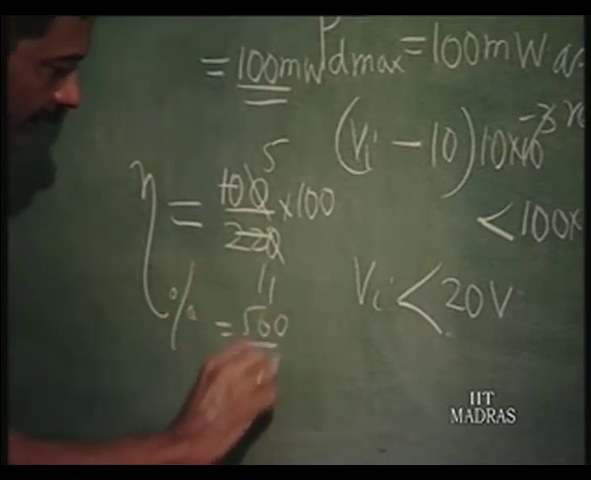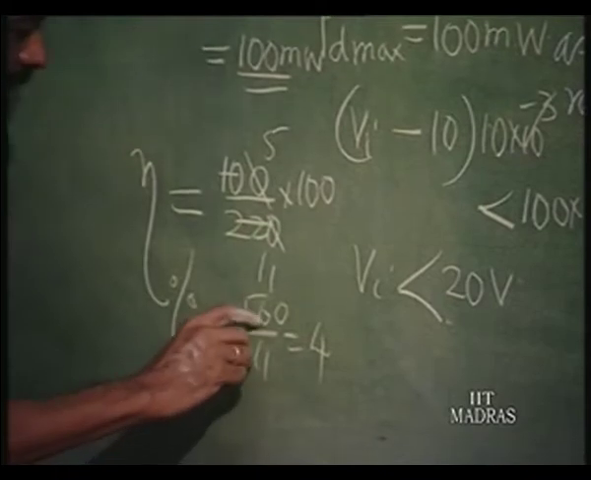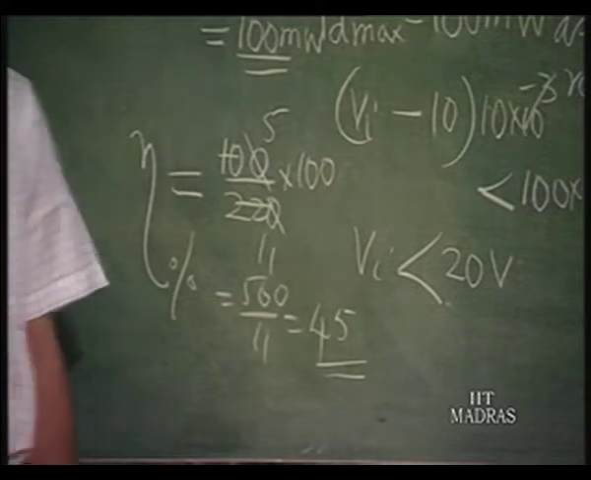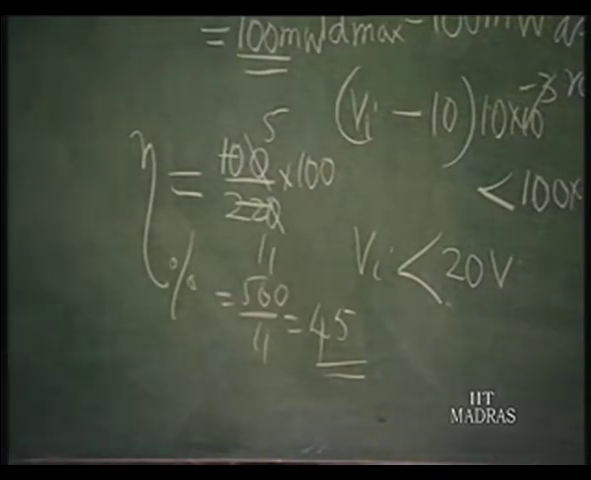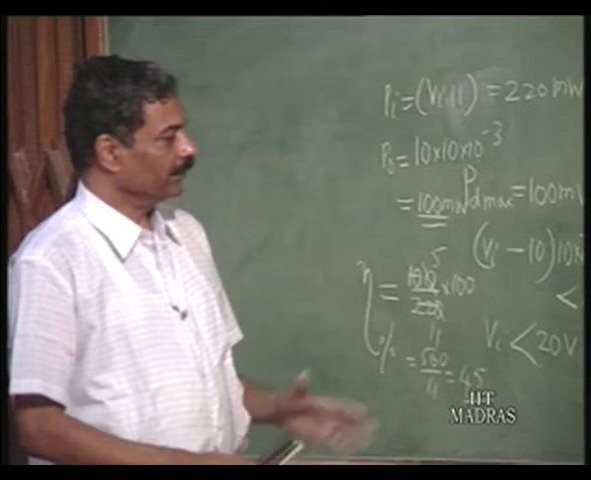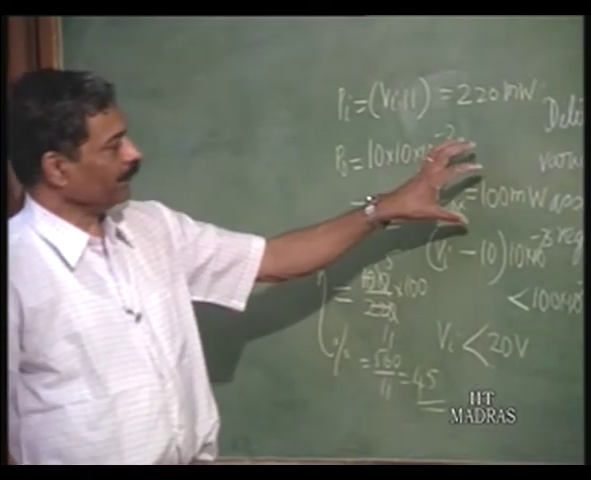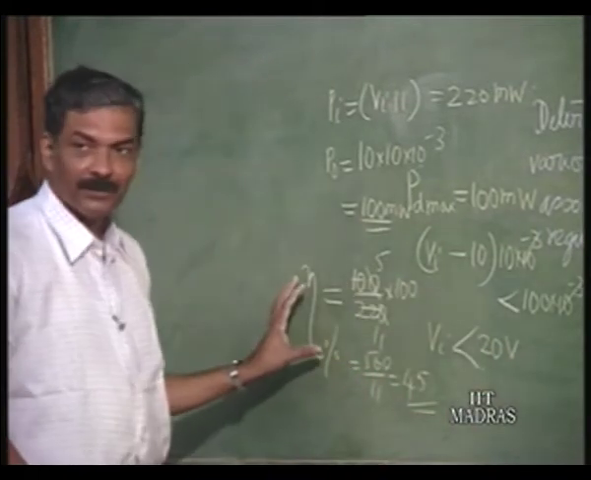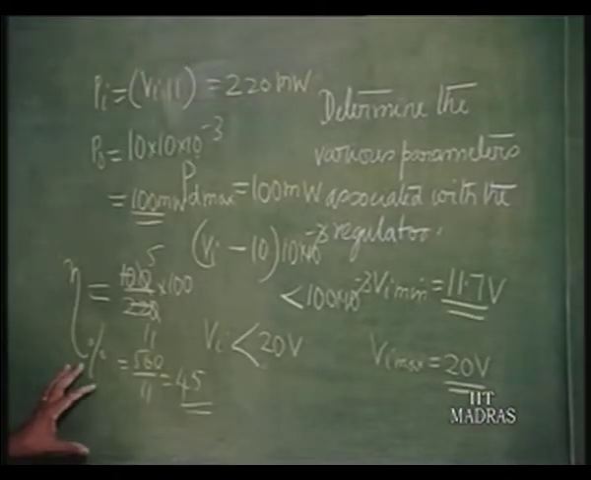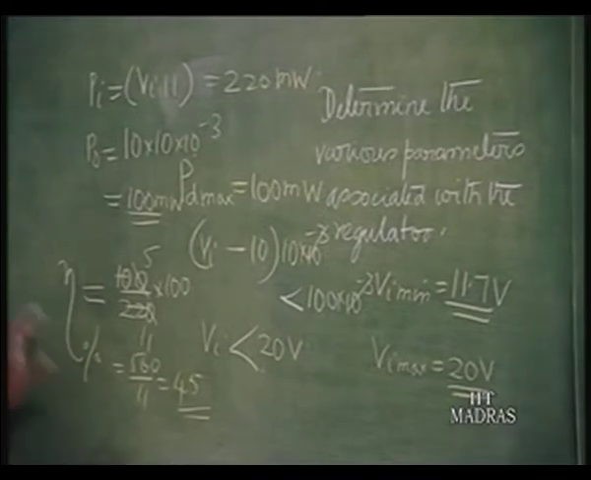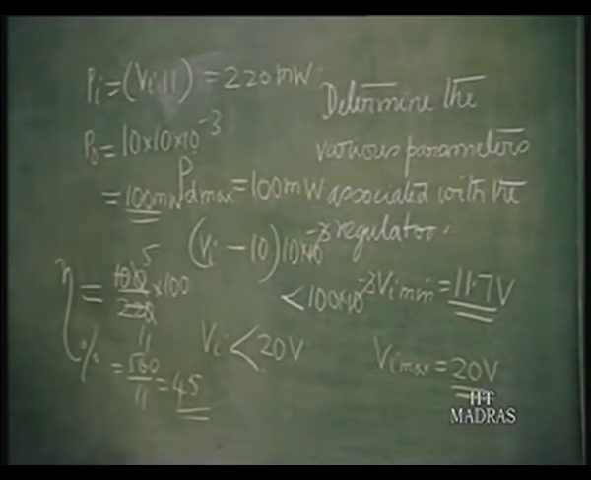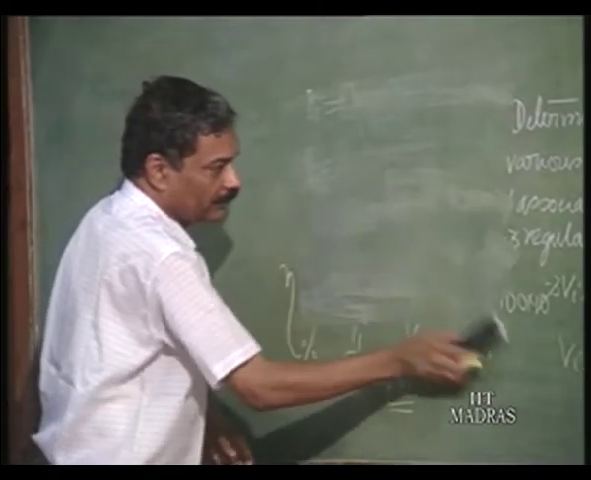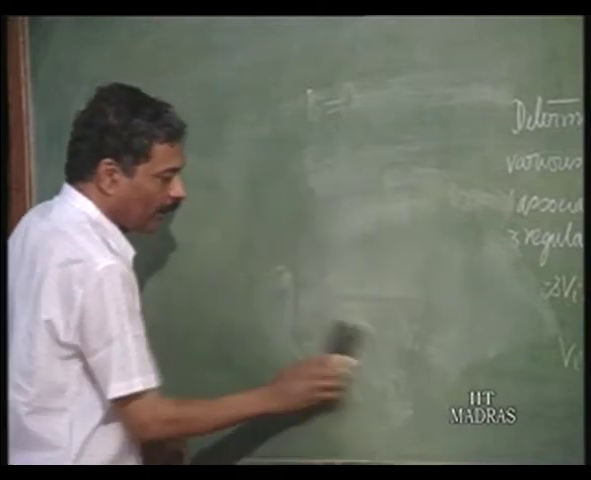500 by 11, about 45% efficiency, right. So, we have now evaluated the maximum dissipation. Given this, we have evaluated V I max. Given this, we have found out the worst case efficiency to be less than 45%. Now, apart from this, we can also evaluate the output impedance